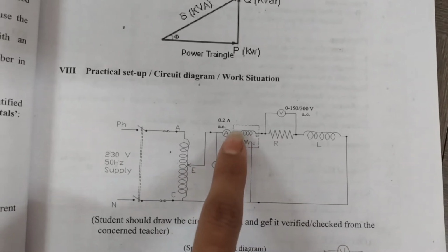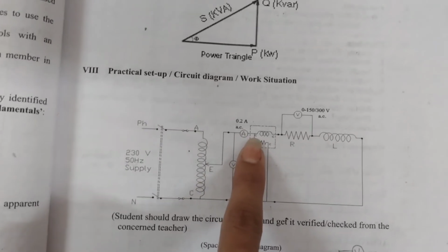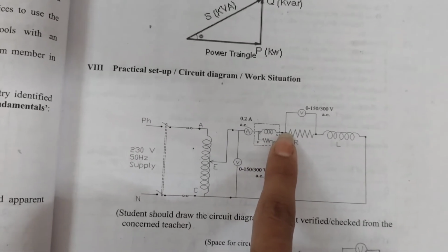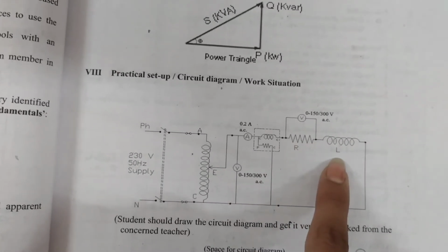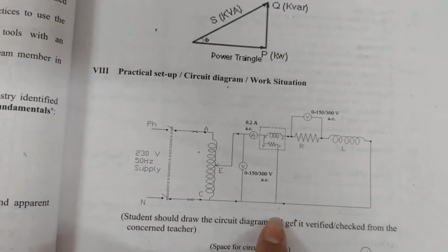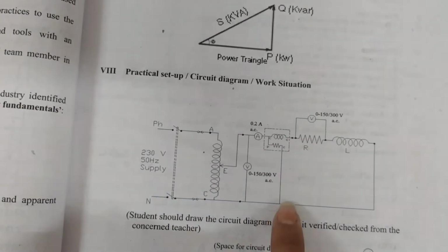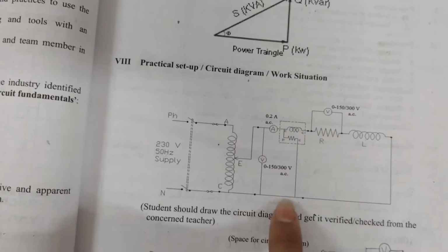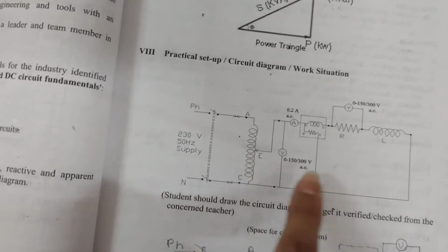This wattmeter has four terminals: M, L, C and V. The range terminal of this ammeter is connected to the M terminal of the wattmeter. Then the L terminal of the wattmeter is connected to the first terminal of the resistive load. Then the second terminal of the resistive load is connected to the first terminal of the inductive load. Then the second terminal of the inductive load is connected to the V terminal of the wattmeter. Then the V terminal of the wattmeter and the range terminal of the wattmeter are directly connected to the neutral terminal of the auto transformer.